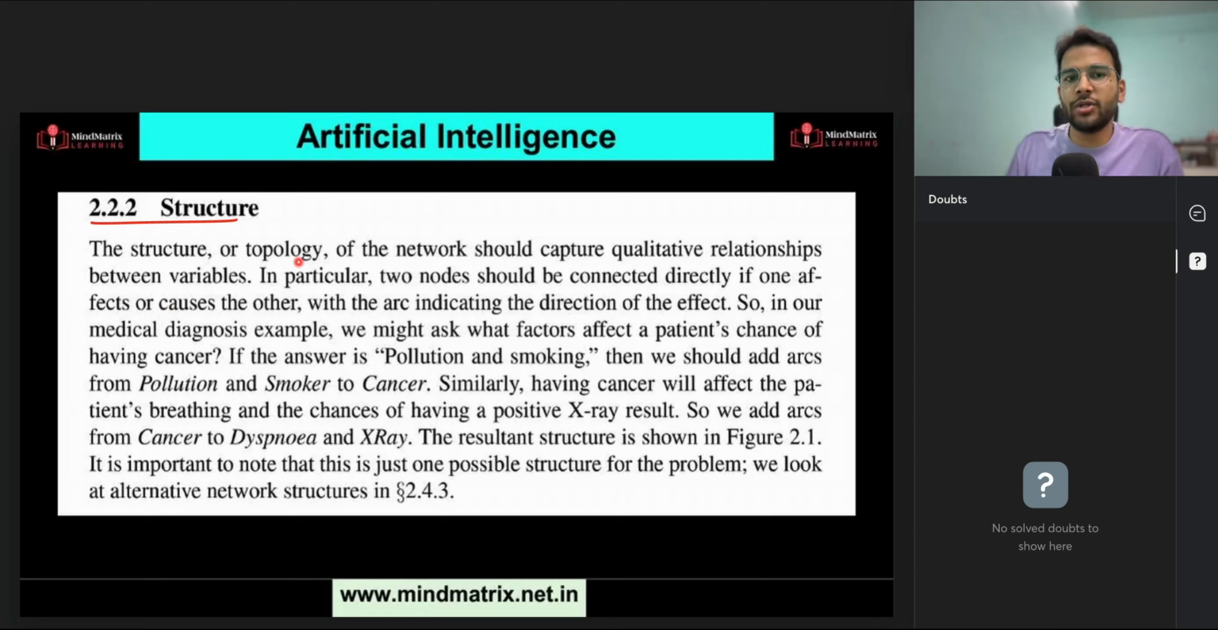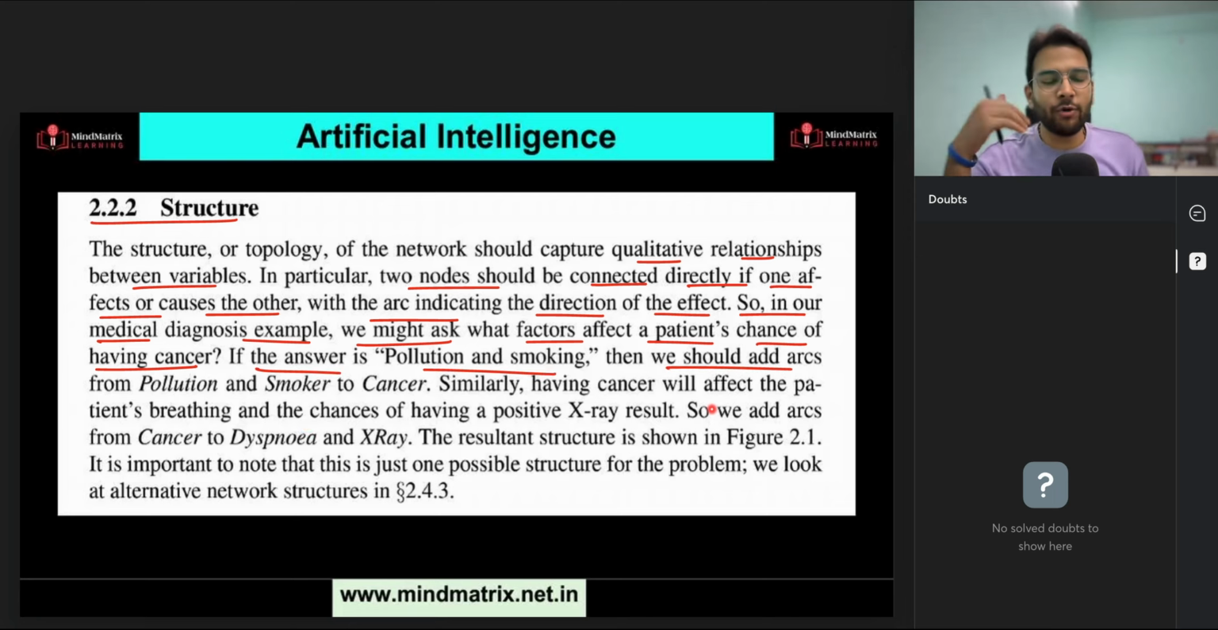The structure or topology of the network should capture qualitative relationships between variables. In particular, two nodes should be connected directly if one affects or causes the other, with the arc, that means the edge, indicating the direction of the effect. So in our medical diagnosis example, we might ask what factors affect a patient's chance of having cancer. If the answer is pollution and smoking, then we should